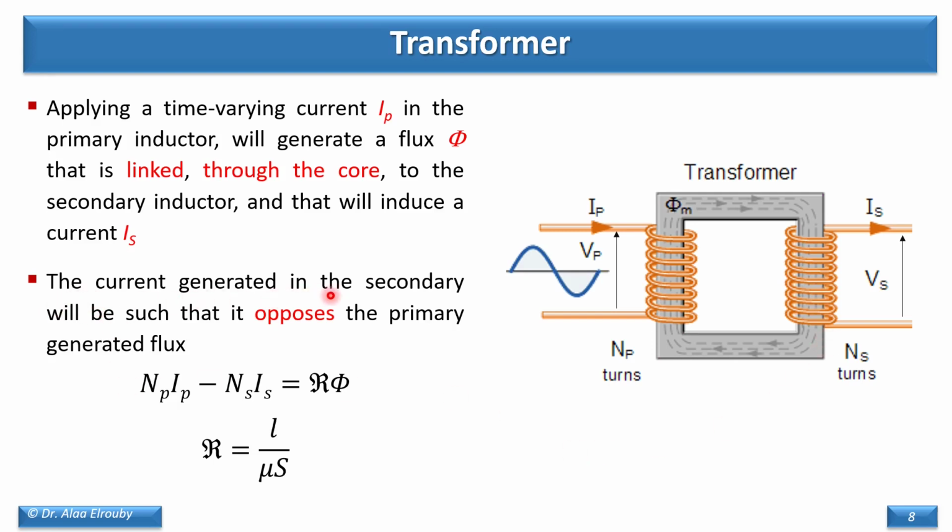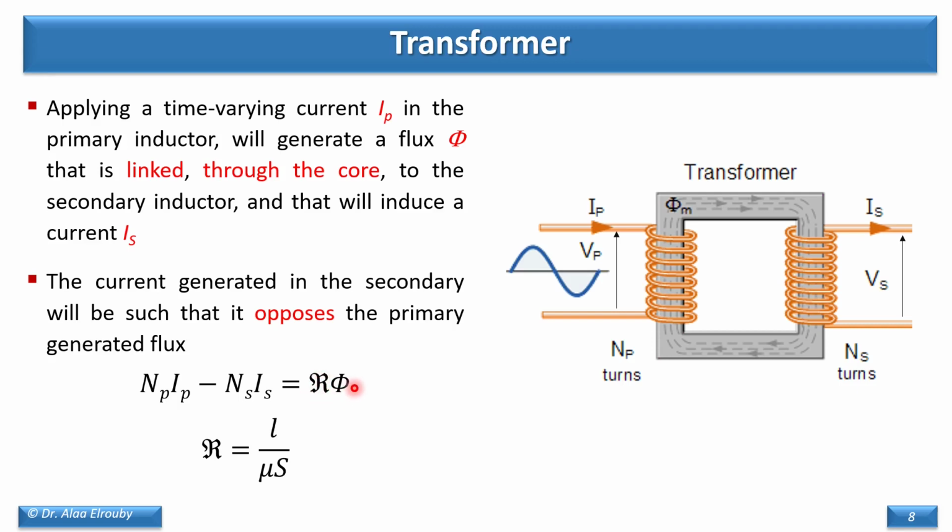The current generated in the secondary inductor or core is such that it opposes the primary generated flux, so that the magnetic motive force of the primary minus the magnetic motive force of the secondary equal